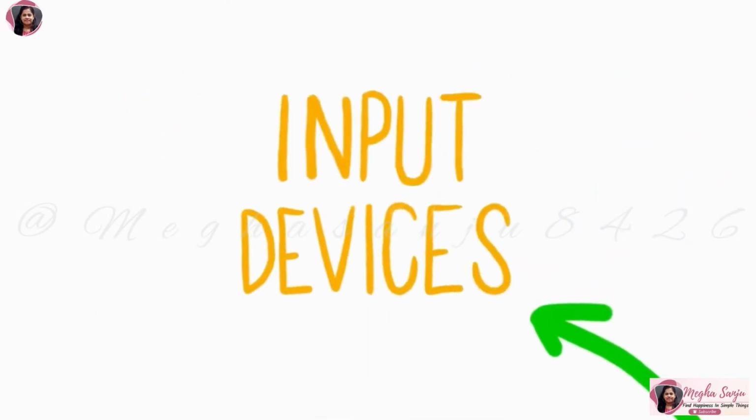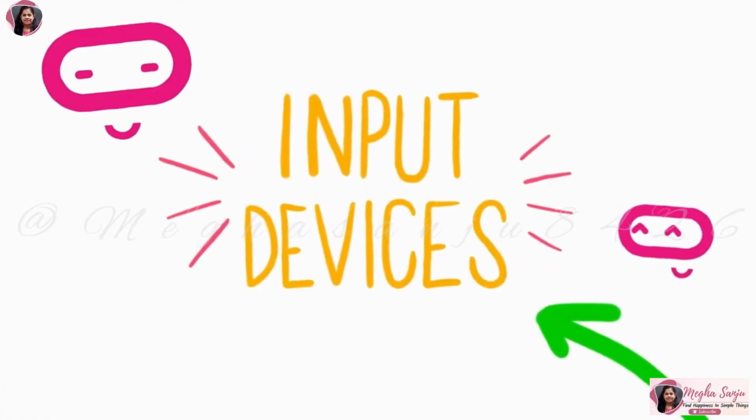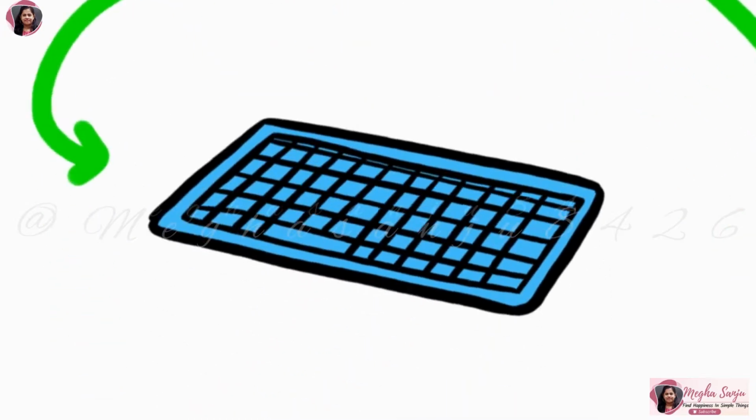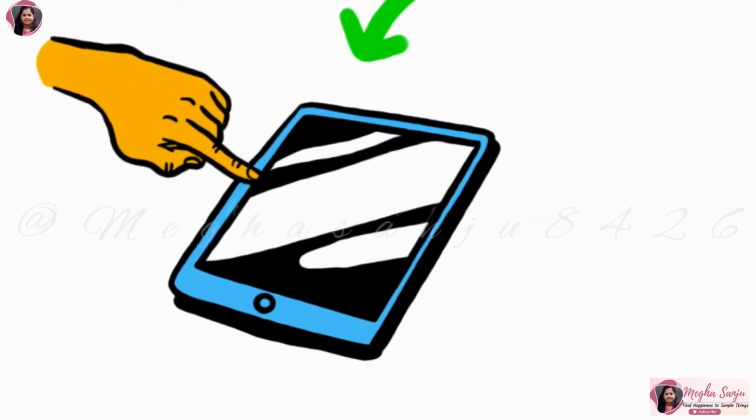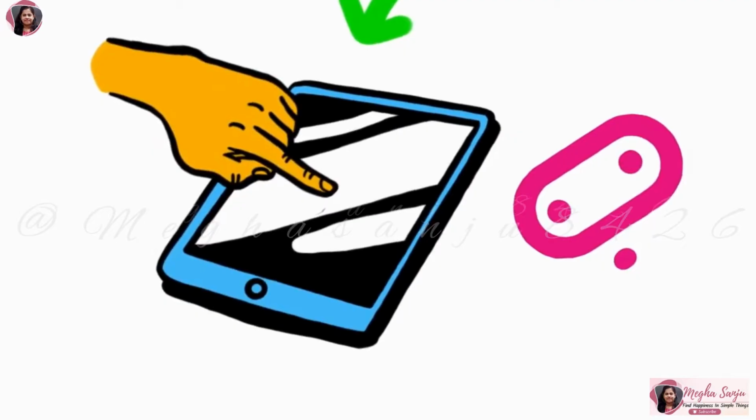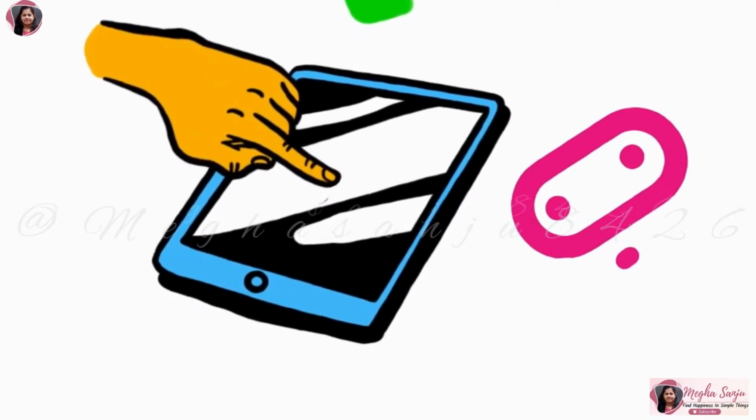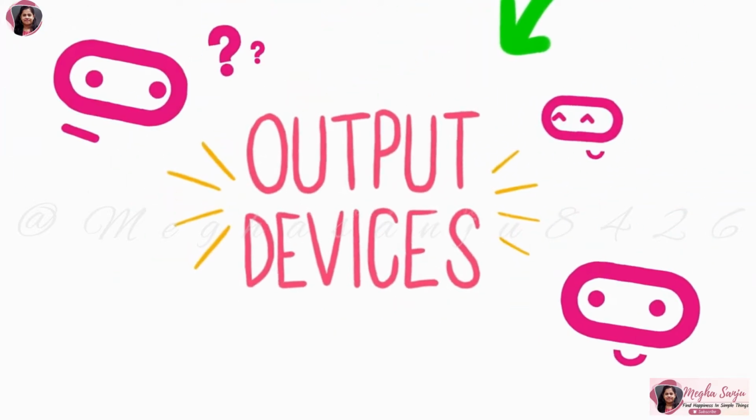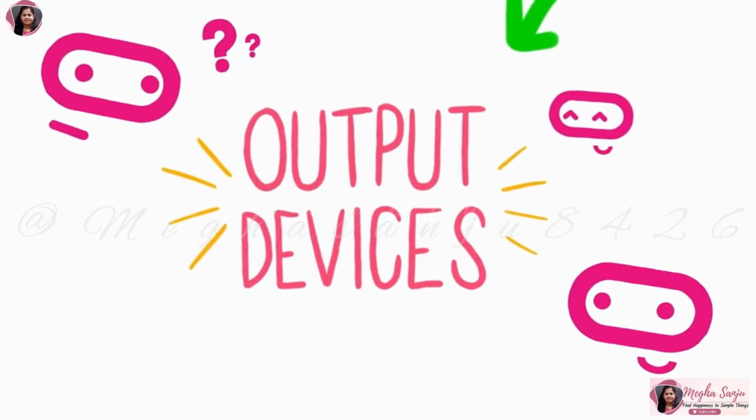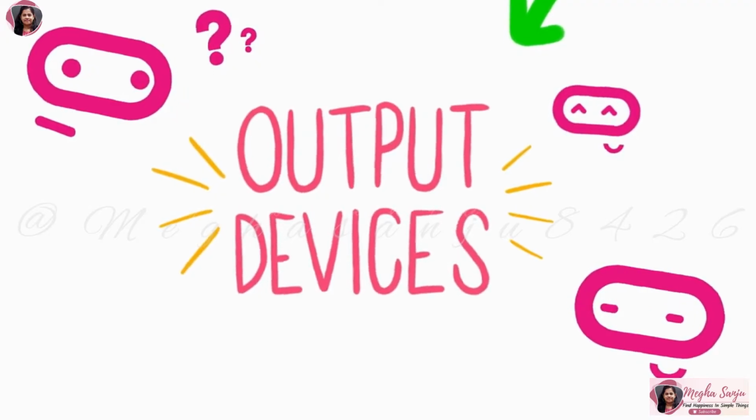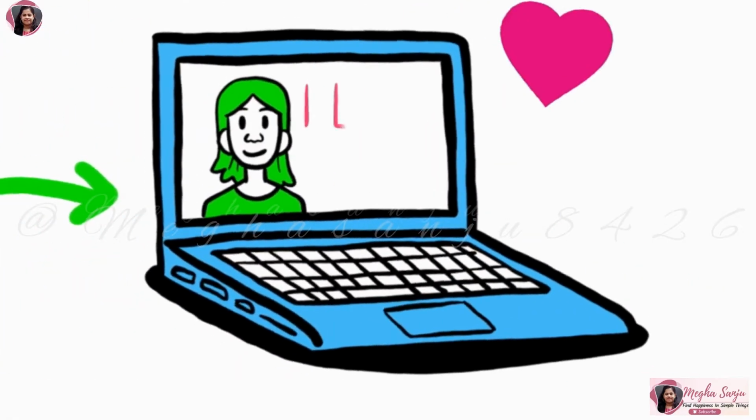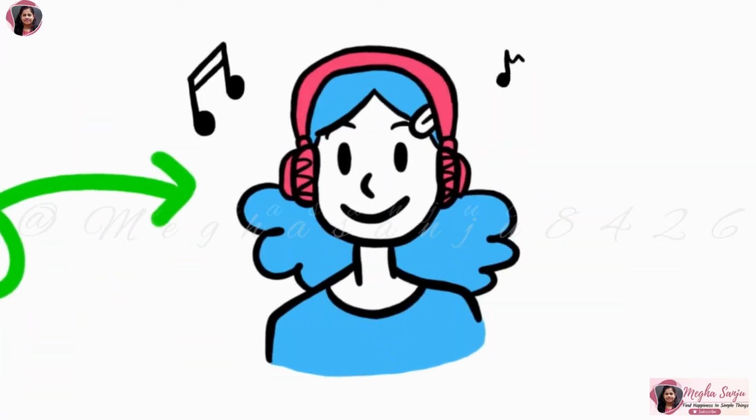An input device is any piece of hardware that allows us to send data to a computer. So, if you type a message on a keyboard or touch a screen to make something happen, you are using an input device. An output device, on the other hand, is any piece of hardware that allows a computer to communicate information to us. For example, displaying a message on a screen, playing a sound via a speaker or headphones,